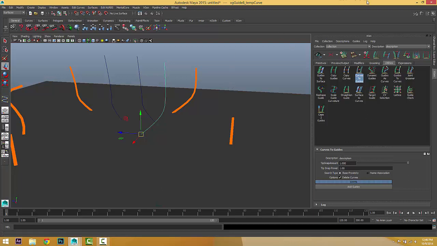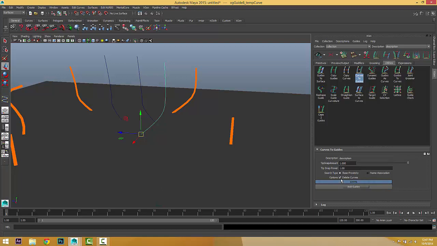Now the name is description, we didn't rename it. Then the tip amount and the tip snap power. It lets you snap the tip to the guide, because we'll get the guide in the place of that curve. So it tells you how close to snap it. One is very, very close, as you can see. You can let it not be that close.